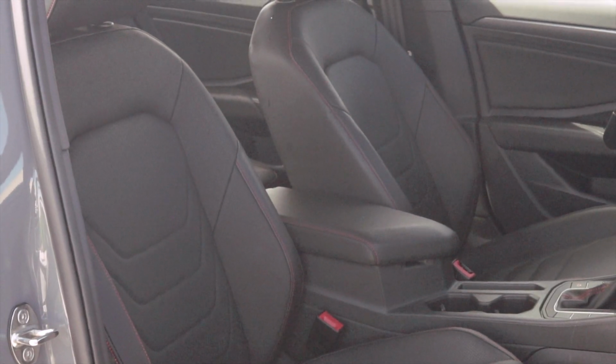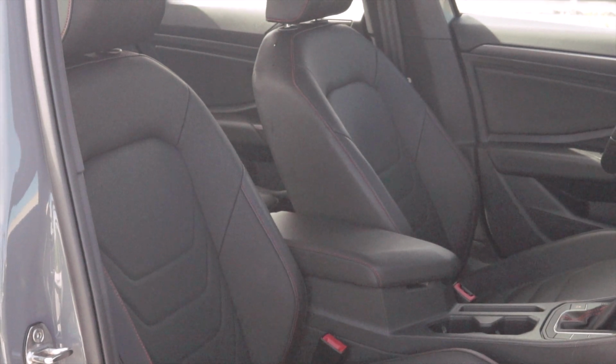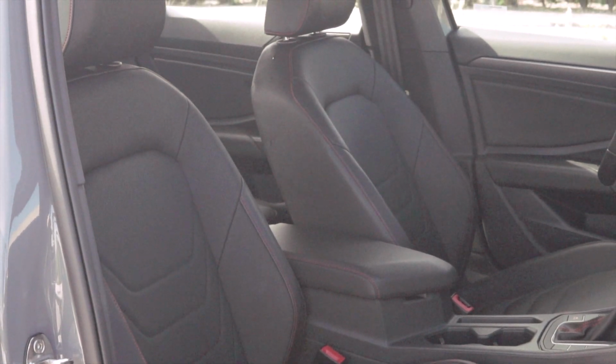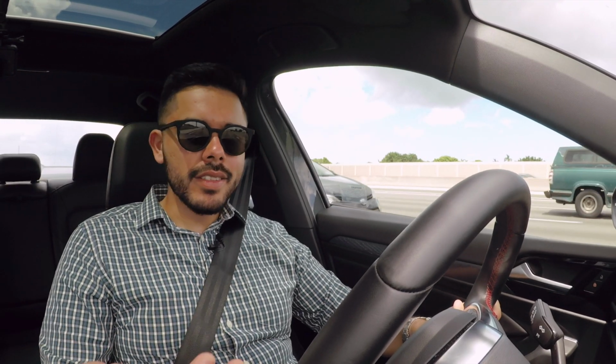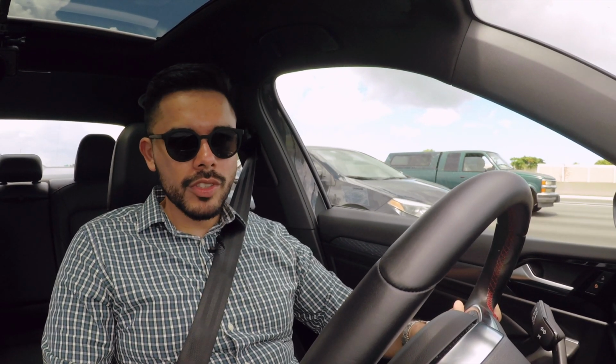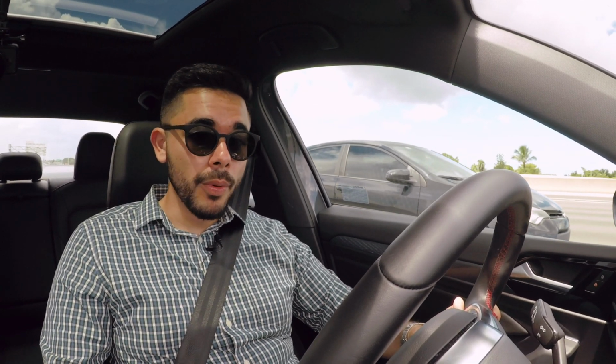So let's talk about these seats, because these are not the bucket seats you get in the GTI. Those have a little bit more side bolstering, and I find them to be a little bit more comfortable. If I had to say, these seats look like the standard Jetta seats with some black perforated leather and red stitching on the sides, which is not to say that they're uncomfortable, but they're definitely not sporty like what you'd